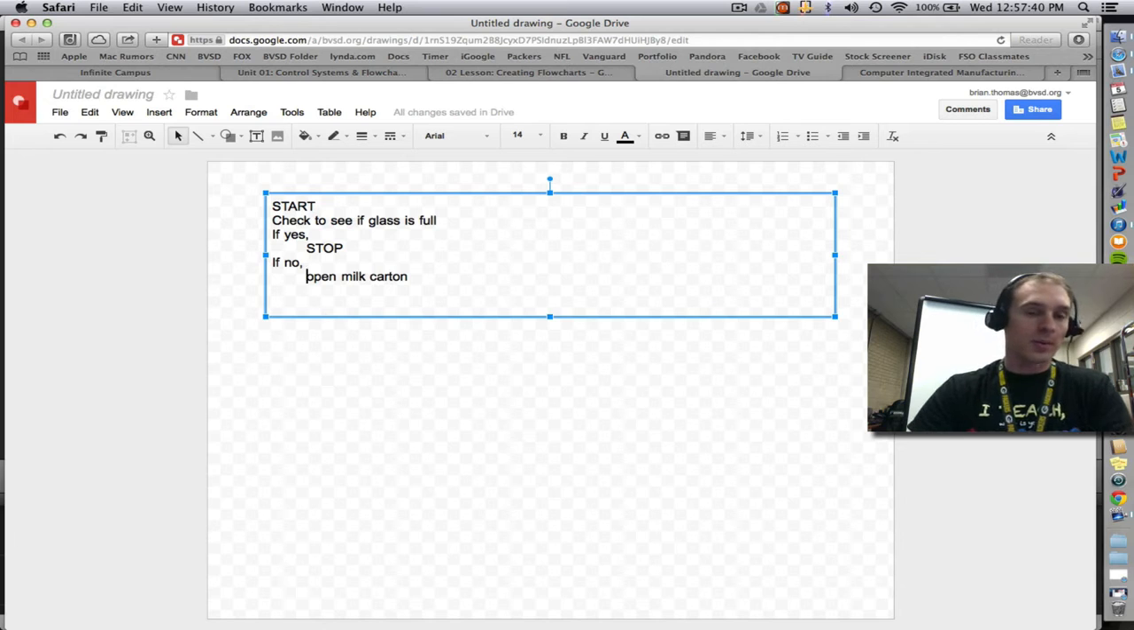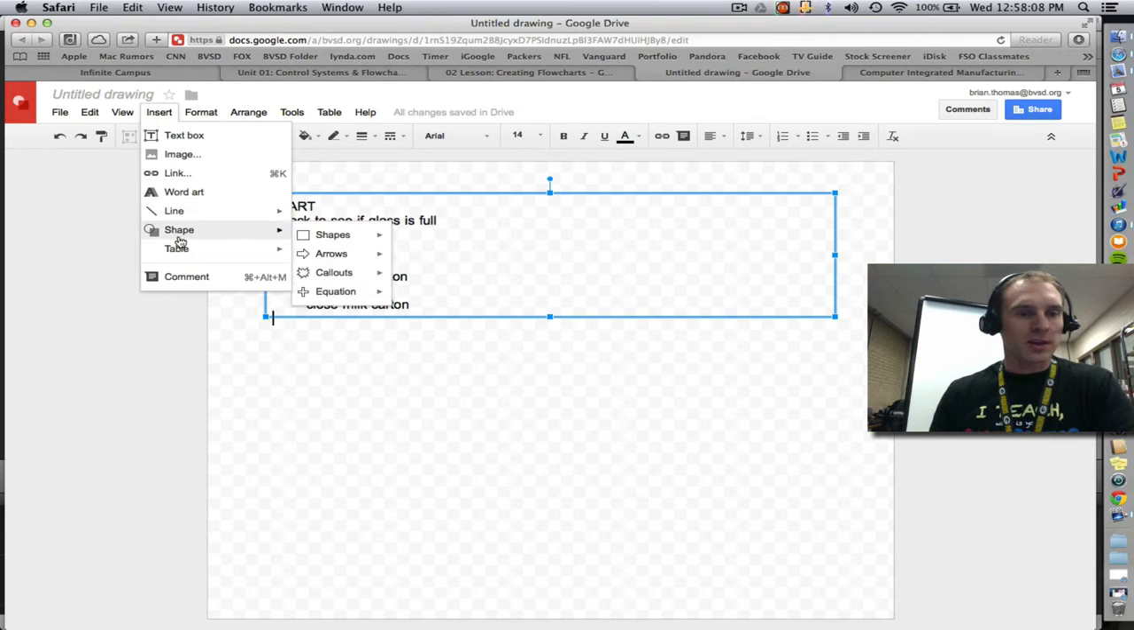And we're already assuming that we have a glass in front of us if we're checking to see if it's full. So we don't have to get the glass in my situation here. Then we're going to pour the milk, and then we're going to close milk carton. And then at that point we'll have it loop back up to here. So I'm going to go to insert